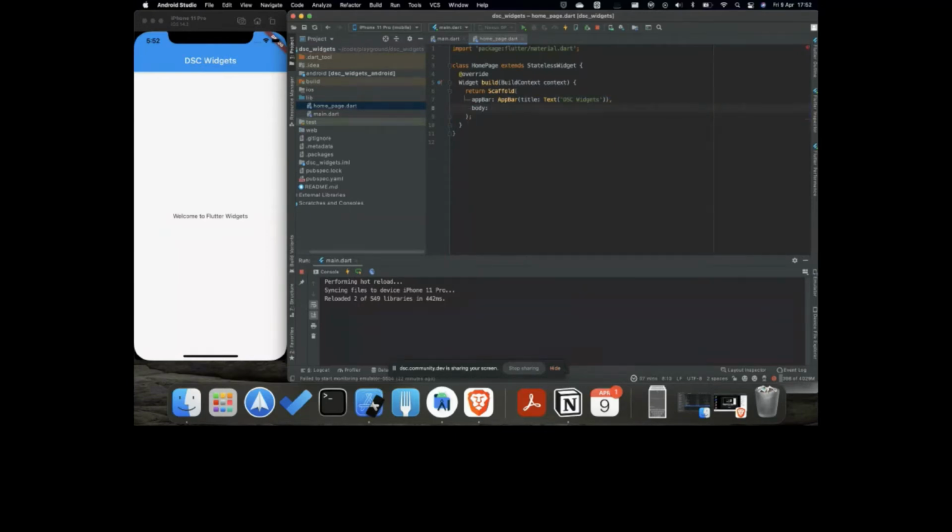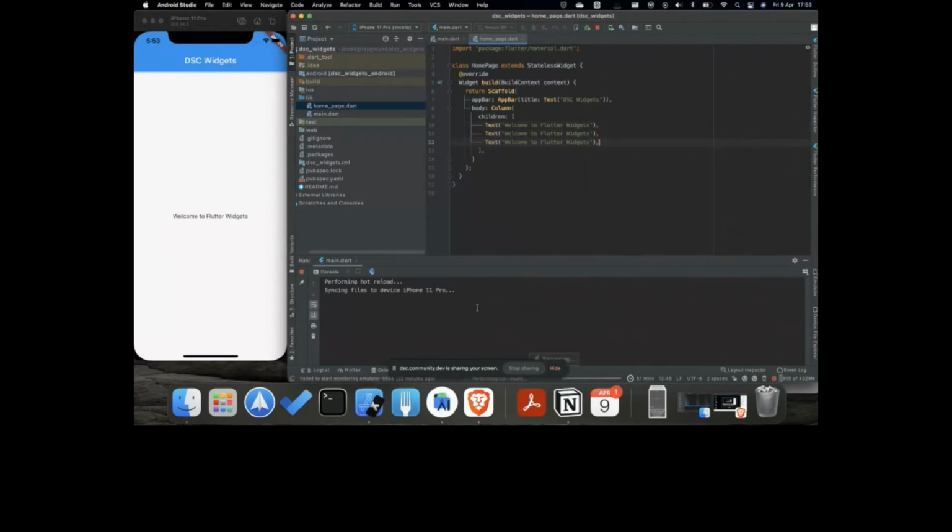We can create another layout widget called column. Column is just used to align things in a vertical manner. Instead of having a child widget, a column will have children, because a column may have multiple widgets within it. So if I put here and maybe duplicate